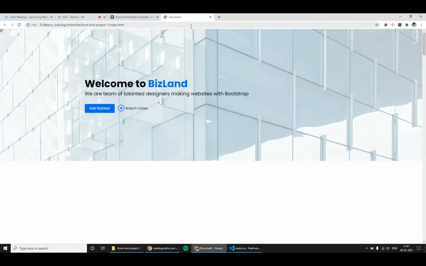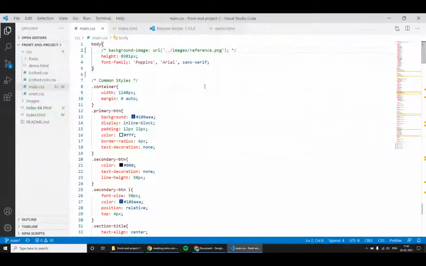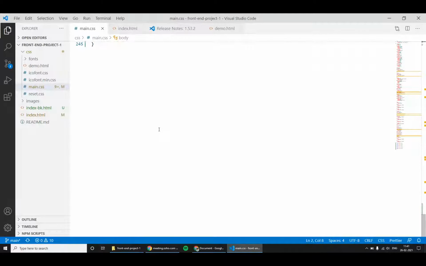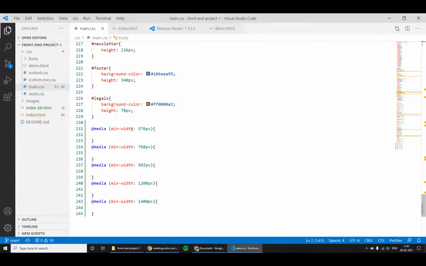So what is our mobile view? Here there is no breakpoint until 576. So now you have to set some goal or set some benchmark or set some milestone, whatever, from which device size my website will look good. That one you have to decide. From which device size my website will look good.